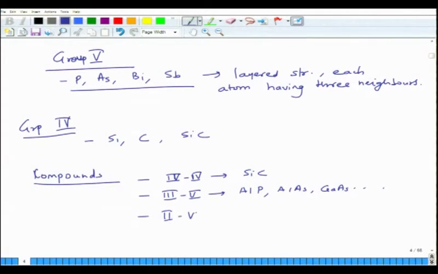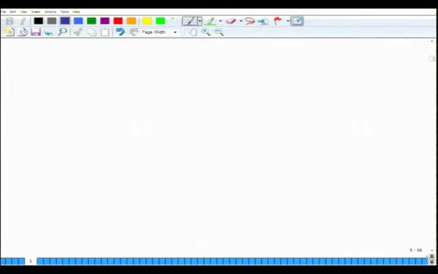They are 3,5 semiconductors, they are strongly covalent in nature. Then we have 2,6 compounds such as ZnO and ZnS. These are also strongly covalent. Then we have 1,7 compounds. These are CuCl or AgI and so on and so forth. Okay. The theory which is about covalent bonding is called valence